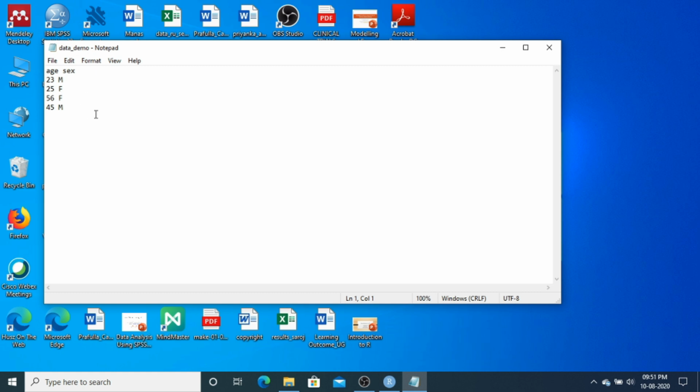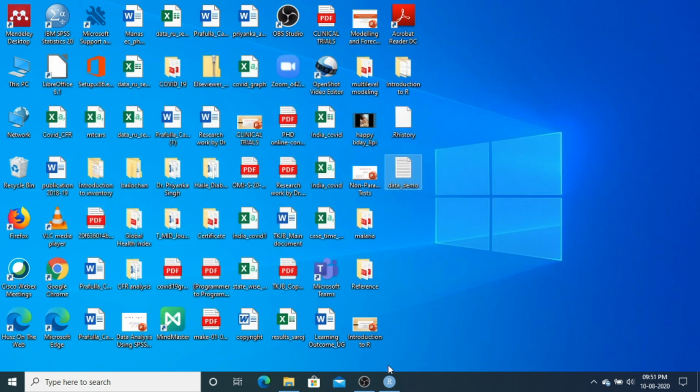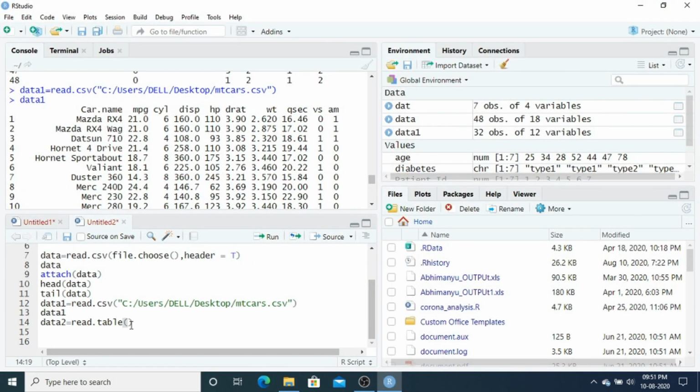This data set is in a text file, and suppose I want this data in my R. The path is the same, because the data is saved on my desktop, so I just copy it here, Control V. I can write data_demo.txt, because the data is in the form of text.